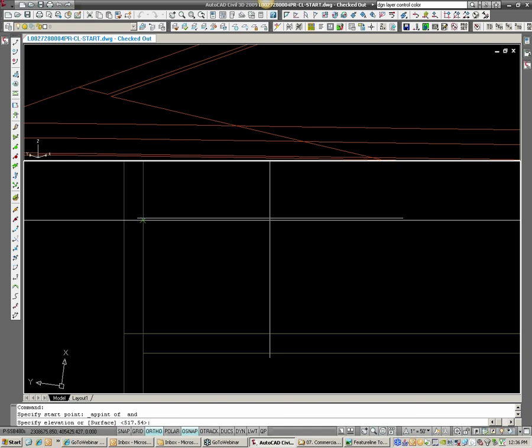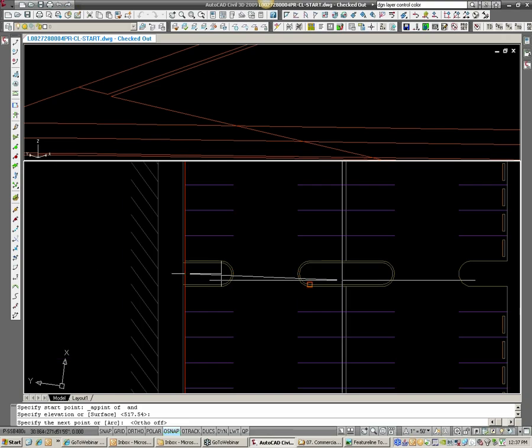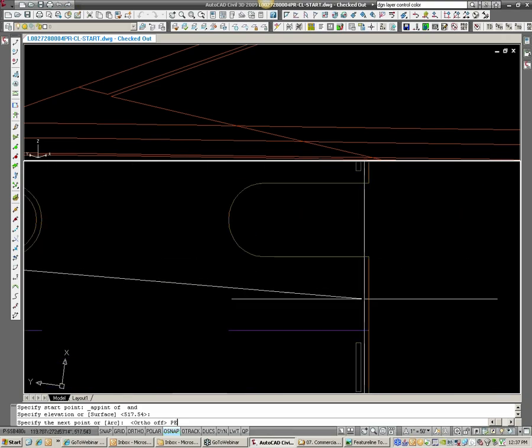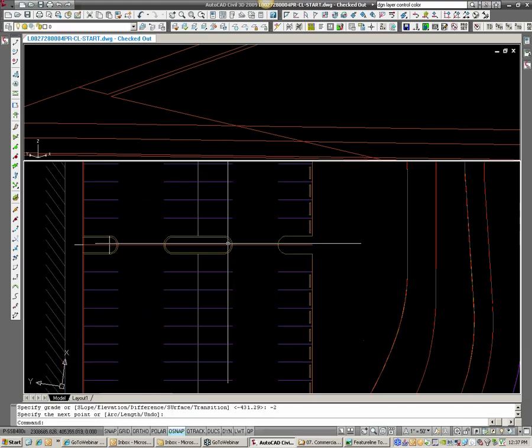You can save a lot of time. And then since I used the feature line first and then this construction line second, it yanked out the elevation for me automatically. So it's 517.54. Great. Sounds good to me. Hit enter. And now it's ready to go on to the next. So I'm going to come down here, do perpendicular to the end, set my grade, -2. So if you are a person that's been doing stuff by hand,